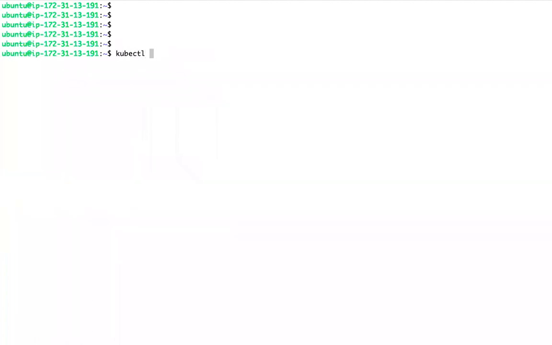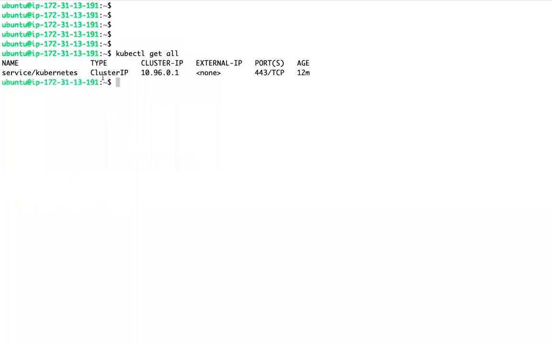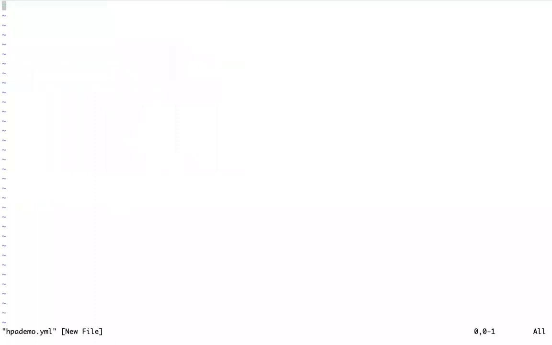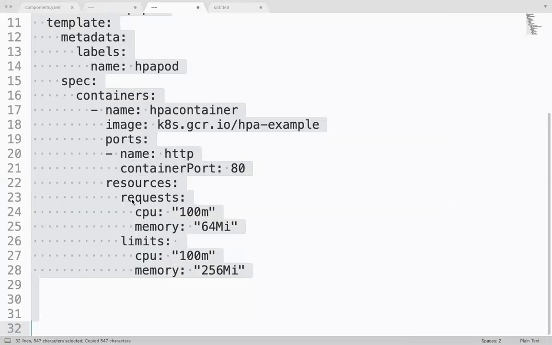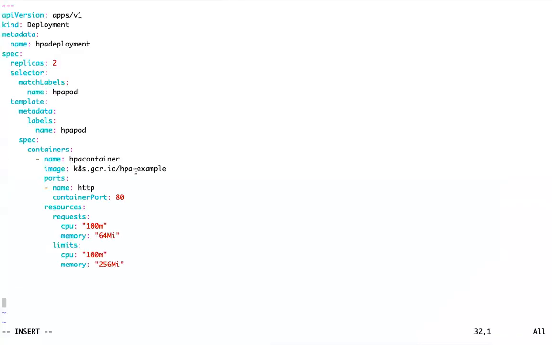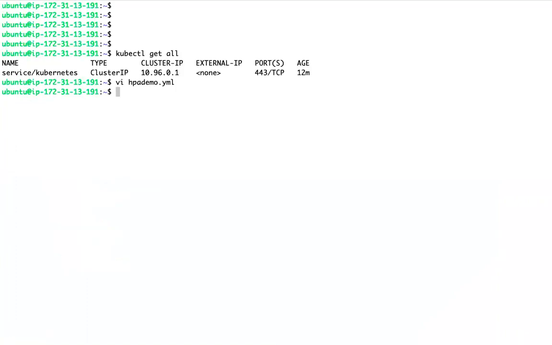If you see in default namespace, I don't have any application. So I'm going to deploy this application. This is one deployment. We are deploying one application.